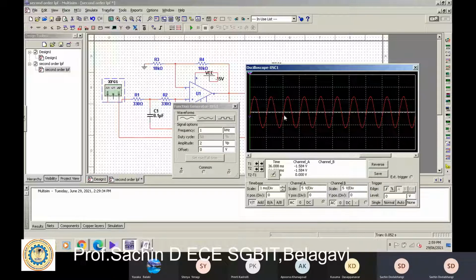So 1 cycle is covering 1 division along the x-axis. Similarly, you can check peak to peak. So what is the voltage peak to peak here? It is covering 1.4 divisions in the positive cycle, and below, in the negative cycle, it is covering 1.4. So totally it is covering 2.8. Are you getting it? You can look at the graph output window. In the output window, positive cycle, how many divisions is it covering? 1.4, no?